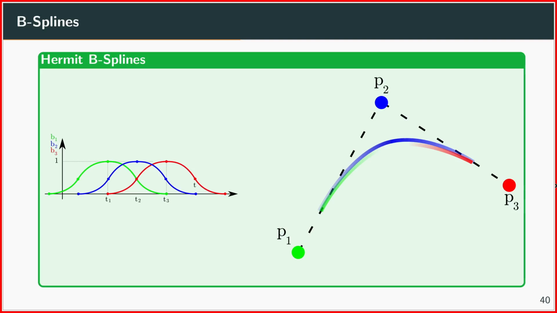Here? Yeah. So for each point on the path, you basically are at one of the points between T1 and T3. For example, if you're in the middle, then you're at T2, and you would just compute basis function 1 times P1, basis function 2 times P2, and basis function 3 times P3. In this case you would have, I don't know, 1 times P2 plus 0.5 times P3 and 0.5 times P1. But what are the base